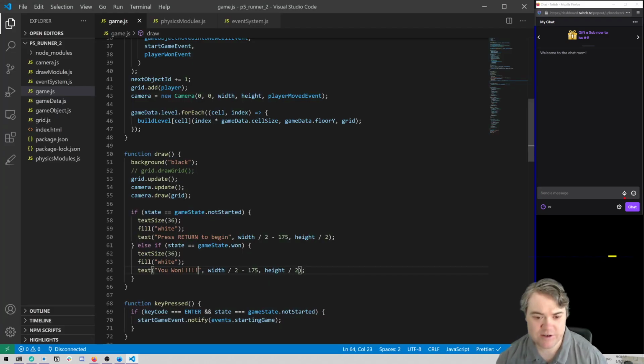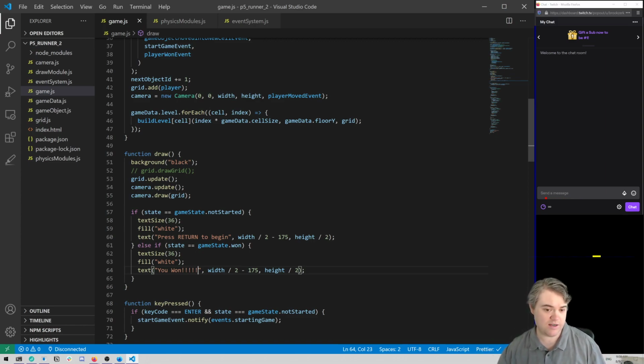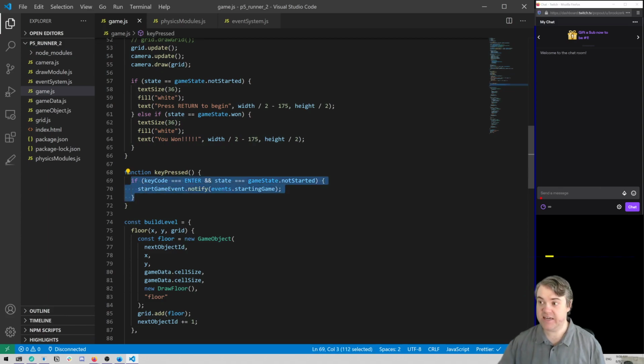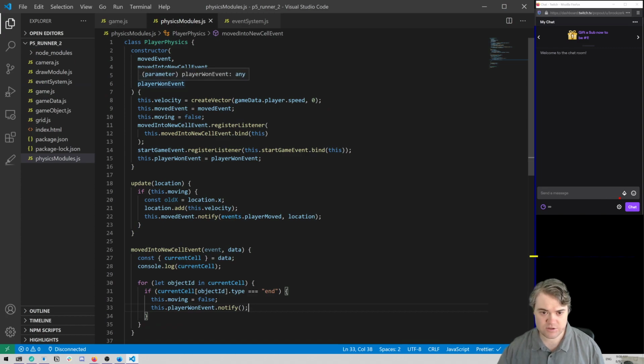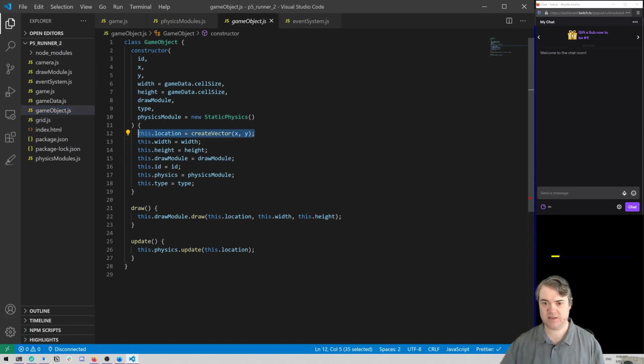Now, we don't really know where the player is inside of our entire grid, do we? We know it's in the one grid. The problem here is if we're going to have this in key press, it would have to be sending off a notification saying, hey, time to reset you. The physics module doesn't really care about this. It's really going to be the game object. We're going to be setting our location back to the initial